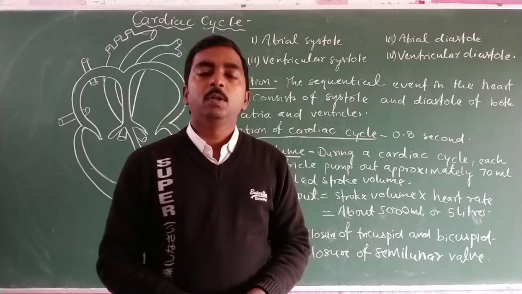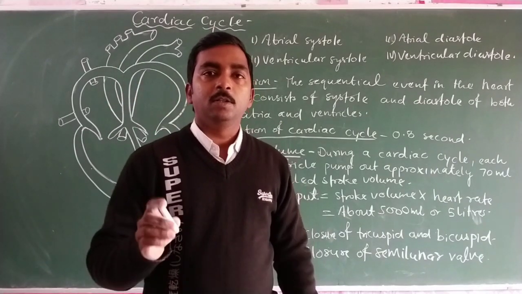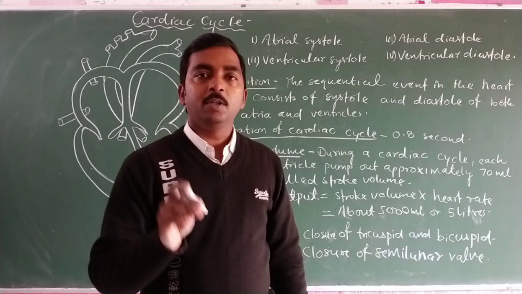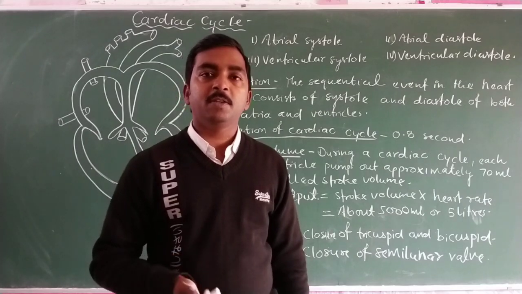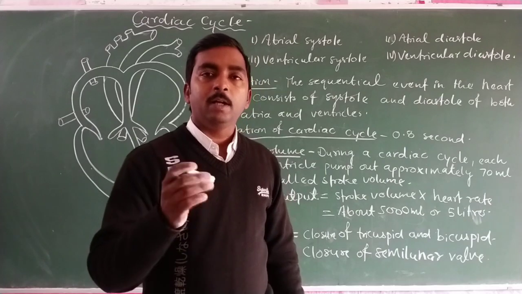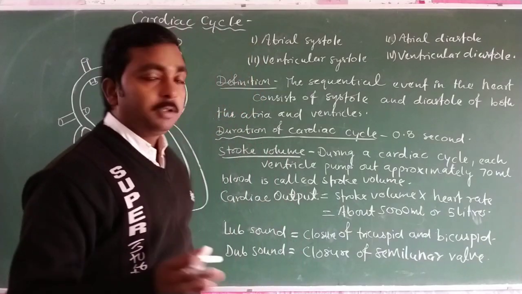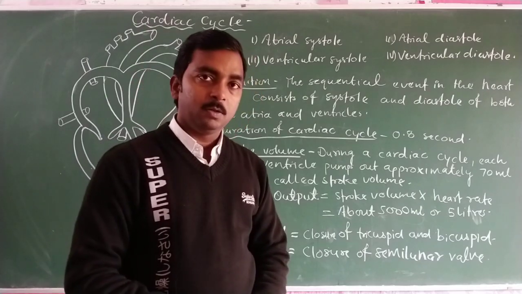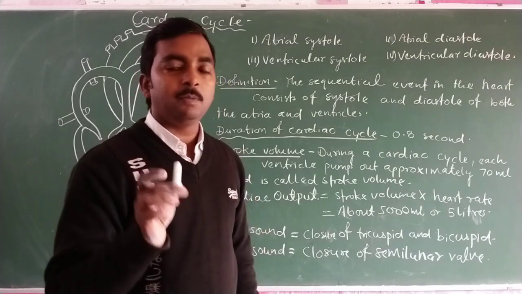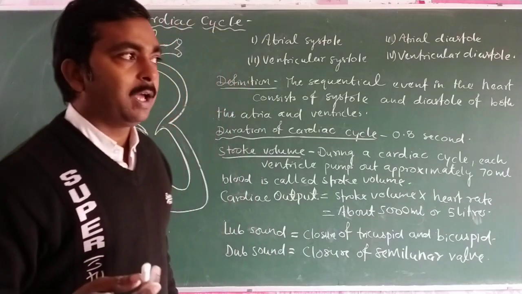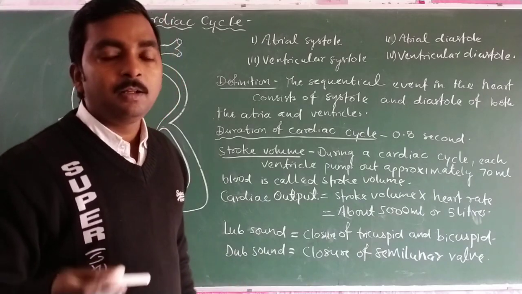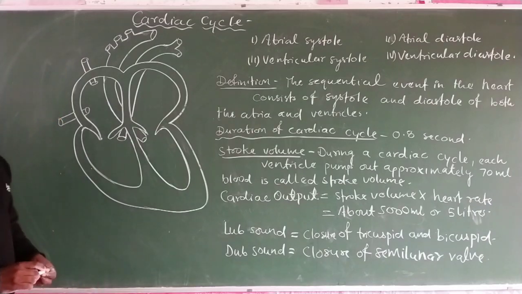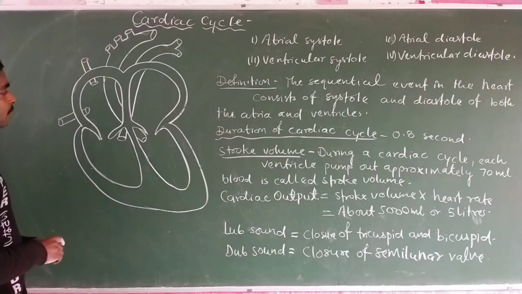In the previous video we discussed the circulatory pattern, or the circulation of cardiac impulses, with the help of a diagram. Now we will discuss the overall cyclic events that take place inside the heart. Let us start with the help of a diagram to see what happens during the cardiac cycle, or in the functioning of the heart. The cardiac cycle is related to the structure of the heart.